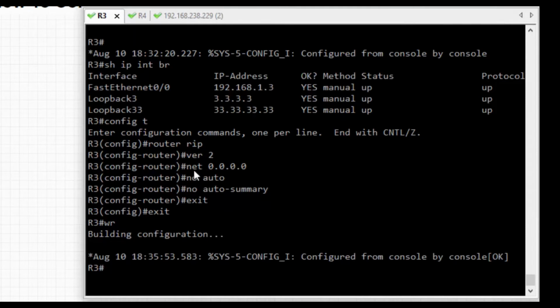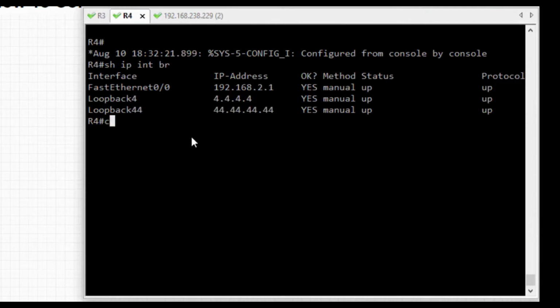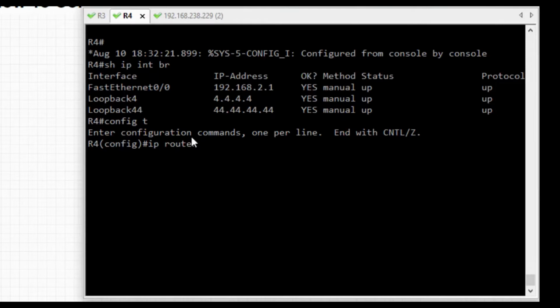So I have enabled the RIP protocol in router 3, that is inside. Then go to router 4 and enable IP routing. Default route towards Palo Alto: ip route, any network, any subnet mask, send it to 192.168.2.100, that is my outside interface.